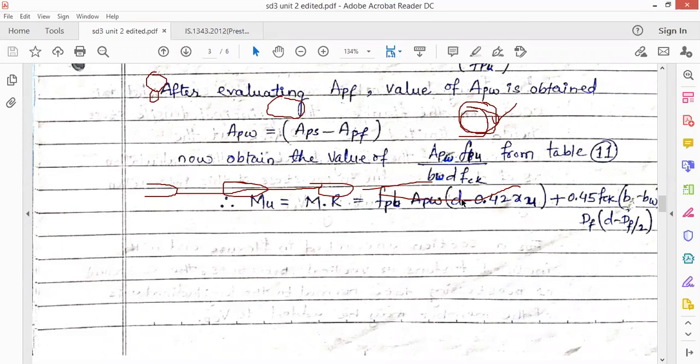So students, take the IS code. You need to have a calculator now because I'm going to solve the problems. So take a calculator, pen, notebook, and the IS code along with this, and refer to the IS code as I explained. All right. Now we will solve the problems relating to these two moment calculations. One is the neutral axis lying in the flange. The other is the neutral axis lying outside the flange section.